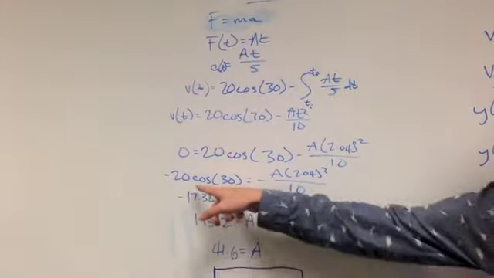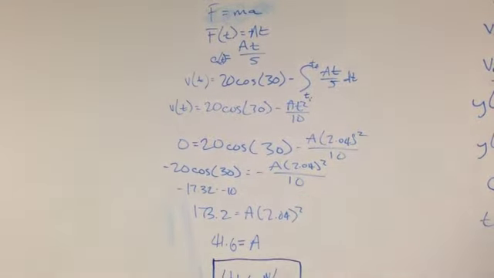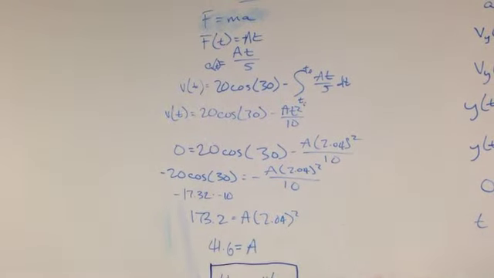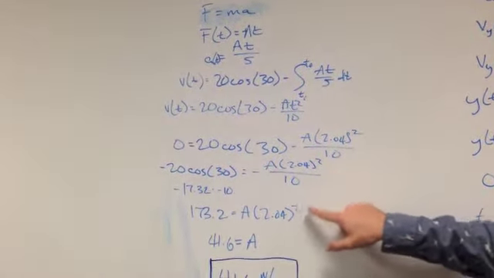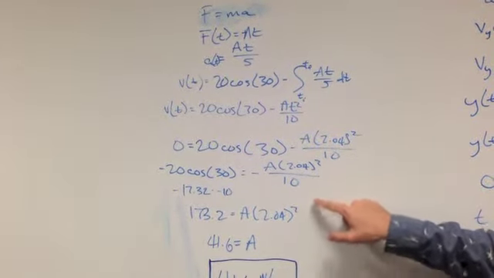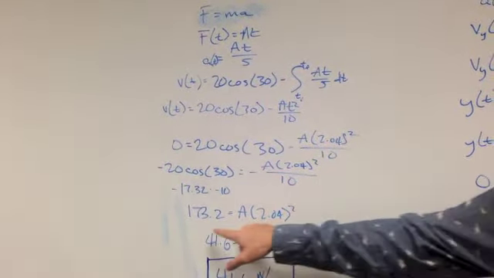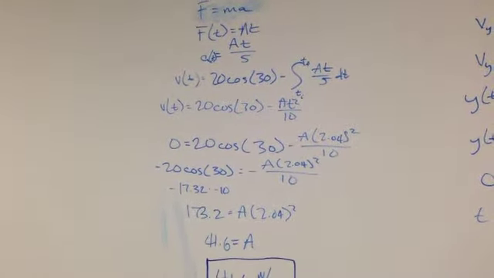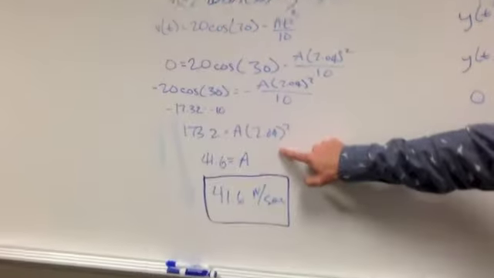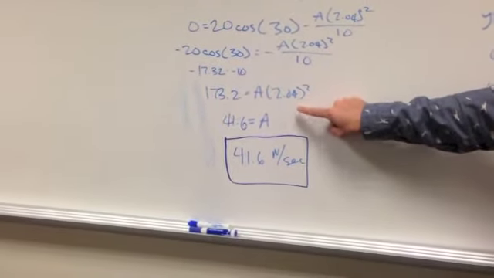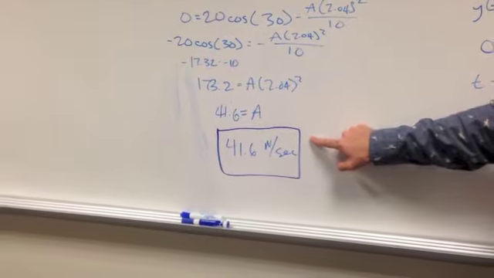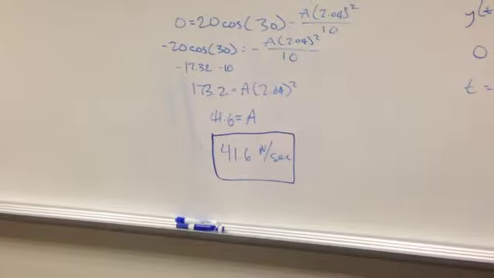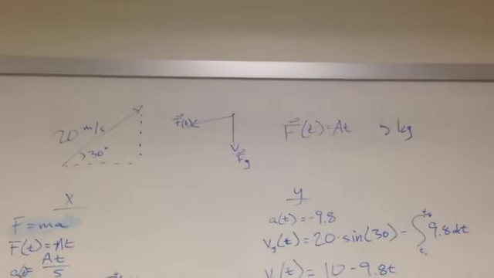Negative 20 times cosine 30 is equal to negative A times the time squared, which is 2.04 squared, divided by 10, and then we solve for A. With all this algebra, we got 173.2 is equal to A times 2.04 seconds squared, and then we got A is equal to 41.6, and the units are 41.6 newtons per second,